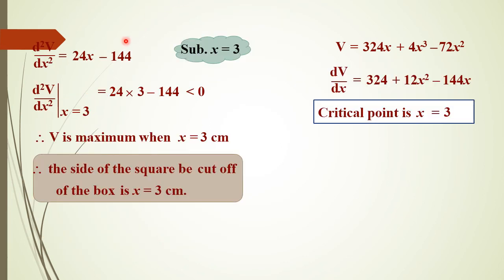Now after finding the second derivative, you substitute x equal to 3 and you get that it is maximum. Once you substitute x equal to 9, you get minimum, therefore you don't consider x equal to 9, you take x equal to 3. So substituting x equal to 3 in the second derivative of the given function, you get a value less than 0, so it is maximum when x equal to 3 centimeters. Therefore the side of the square to be cut off